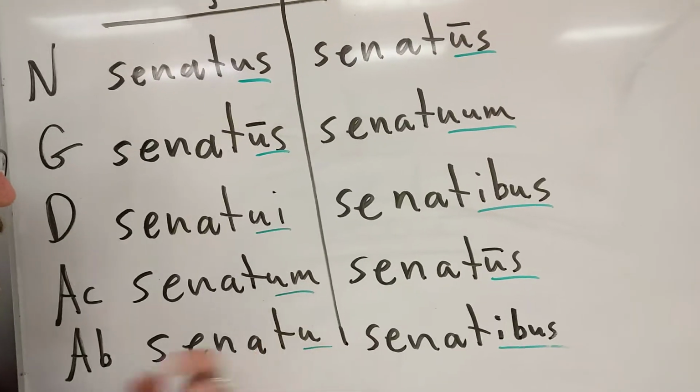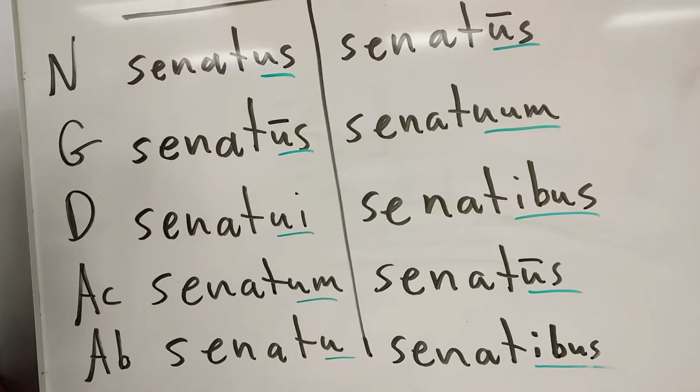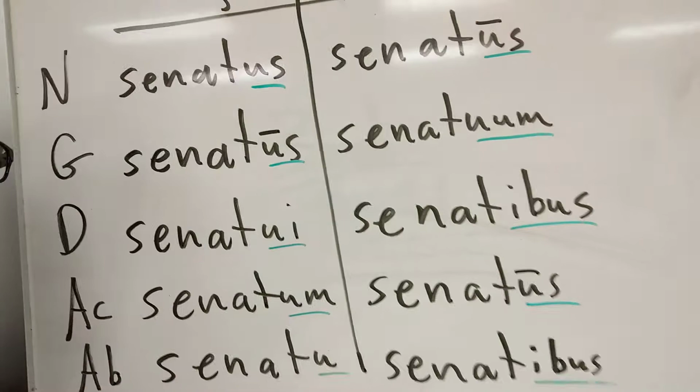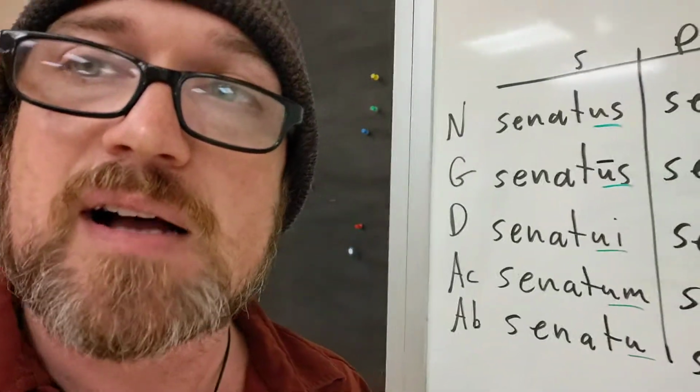And we get M in the accusative still. We still get a long vowel in the ablative singular. So there are things that overlap here, or even I in the dative singular, all right? And one of the cool things about the fourth declension is that it gives us lots of nouns that are